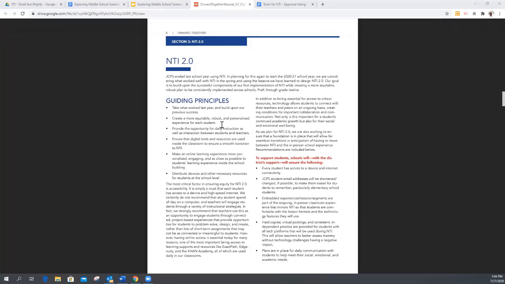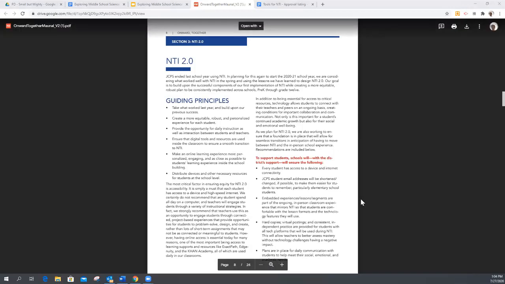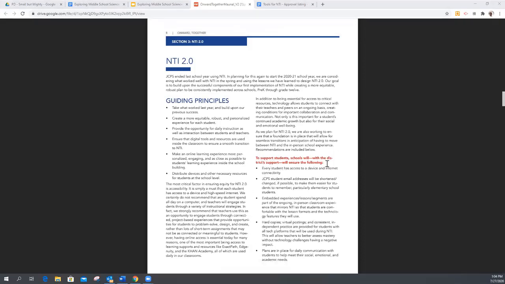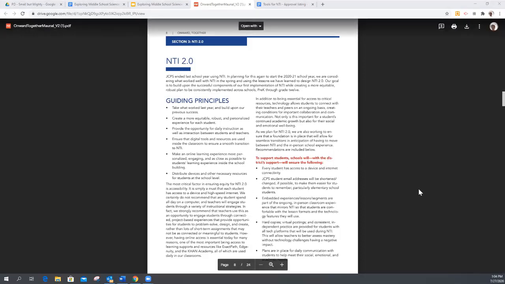So we're going to create something that's more equitable, more robust. We're going to provide opportunity for daily instruction and interaction between students and teachers. We're going to ensure the digital tools and resources are used, blah, blah, blah. So this is the document that principals have so far. Then you have a section over here to support students. Schools will do the following.